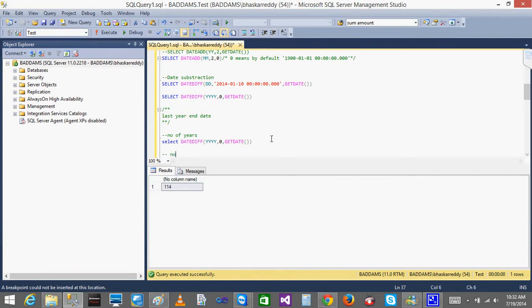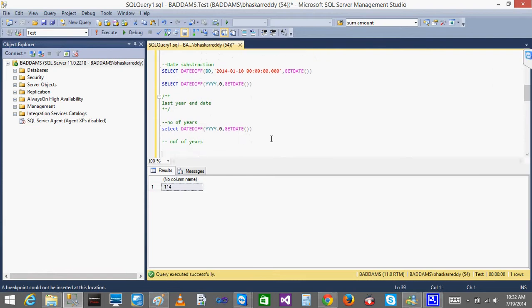After that I'll add number of years to the... Bhaskar, sorry to interrupt, is it recording? Yeah, it is recording. It is even recording some additional voice also. Kids crying at the back end. I'm sorry, Bhaskar. No problem, nothing to worry. It's only for our purpose. I'm not sharing these videos to other people. I'll delete the videos once the classes are done. You can just download and I'll delete the videos from there.